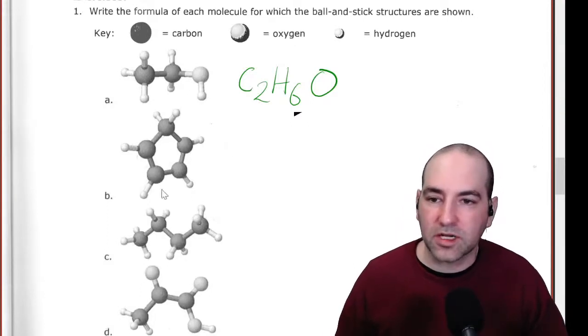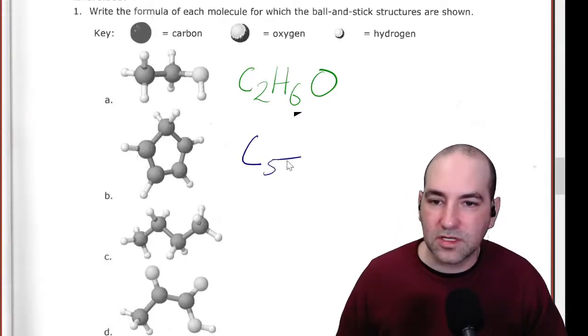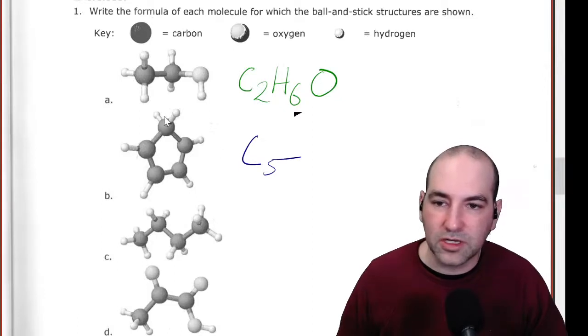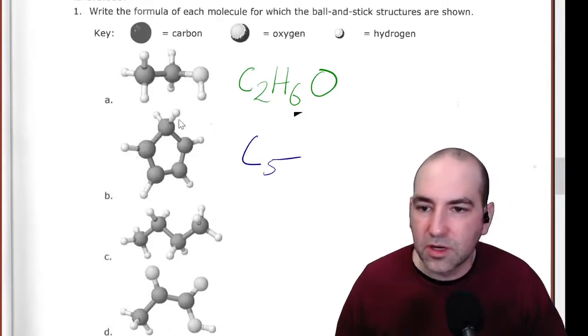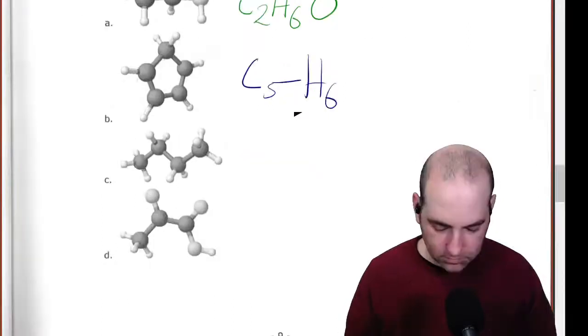So then this next one was going to be 5 C's, so C5, and then there's no oxygens here. We see 2 hydrogens up there, and